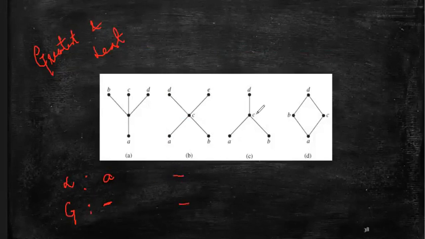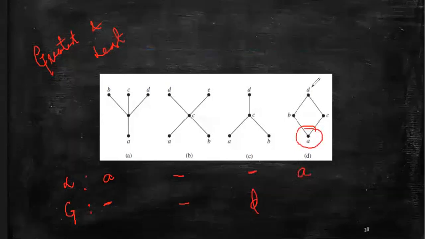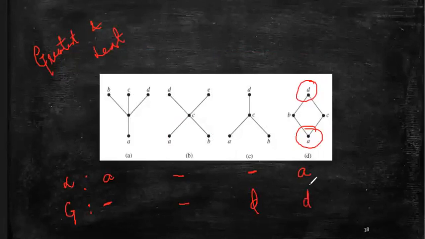Now what about the next diagram? The next diagram has minimal elements A and B. But is there a least element? No. So it does not have a least element, while the greatest element can be written as D. In the last diagram, do we have a least element? Yes. This is at the bottom and unique. So we have A, and the greatest element is unique at the top, and it is the element D. Okay. So this is the example of greatest element and least element. Now after that, we have a very important topic, which is upper bound and lower bound.